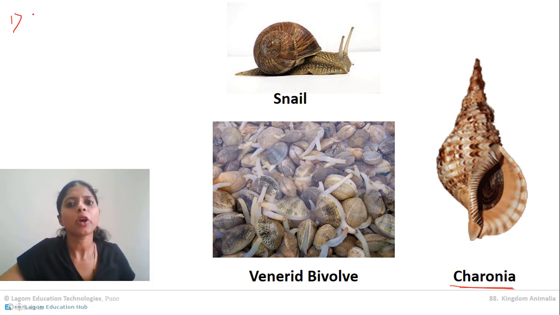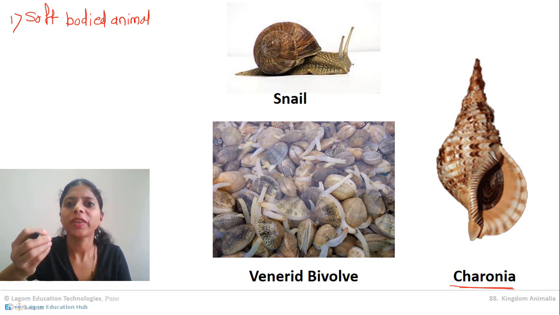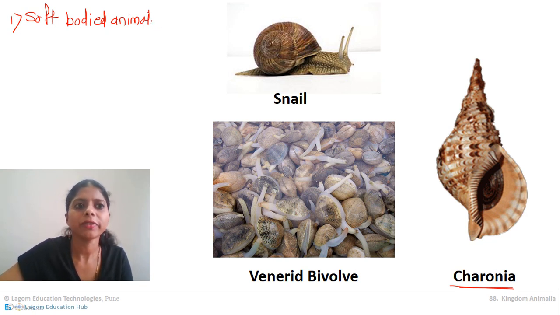Now the first characteristic of mollusca is they are always soft bodied animals. So this is the most important characteristic of mollusca. They are soft bodied animals. Now when we see octopus, soft bodied, when we see sepia, soft bodied, even snail is a soft bodied animal, it just has this shell. Also this bivalve inside their body is very soft. Even in these shells there is an animal which is also soft bodied. So all the molluscs are soft bodied animals. This is a very specific characteristic.